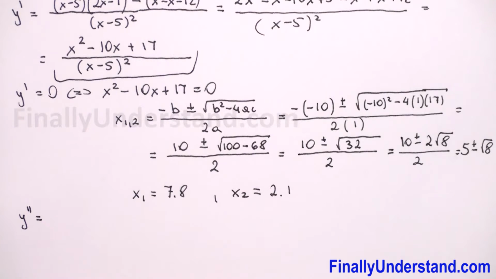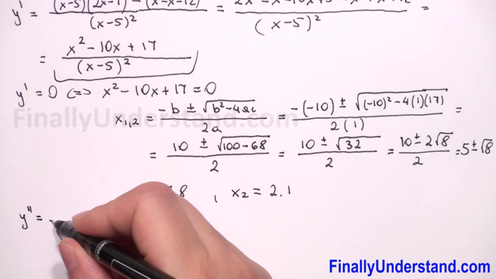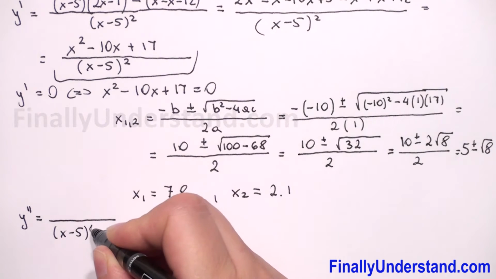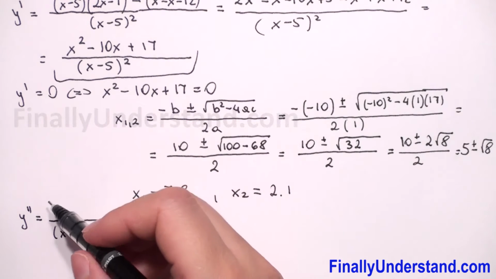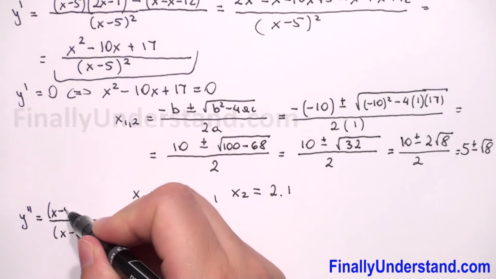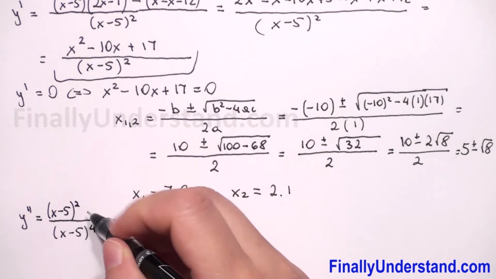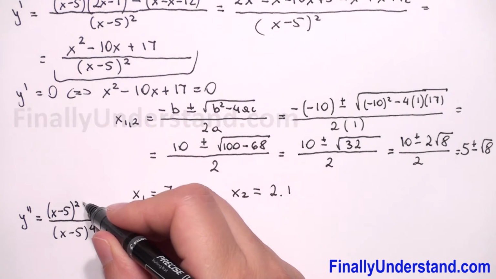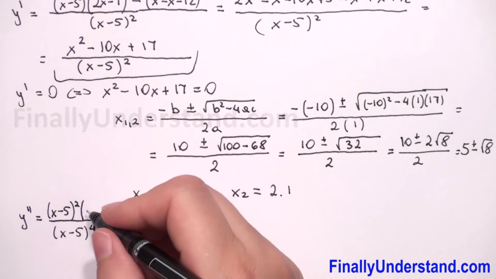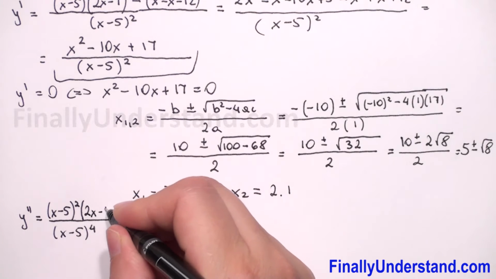So in the denominator we will have (x minus 5) to the 4th power, and in the numerator we copy (x minus 5) to the 2nd power times the derivative of the numerator, so we have 2x minus 10,